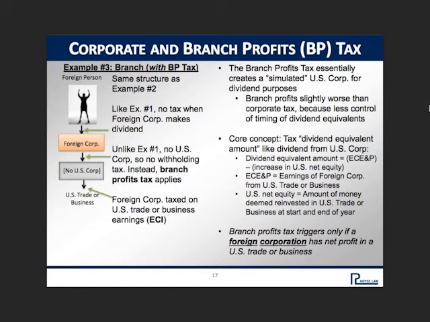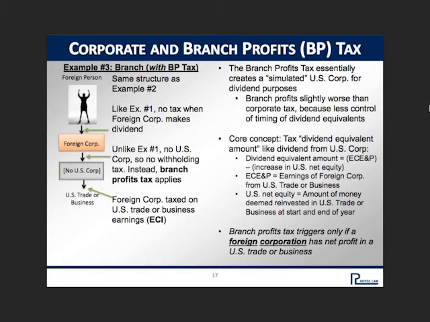Basically, the dividend equivalent amount is your tax base for the branch profits tax. It equals your effectively connected earnings and profits minus your increase in U.S. net equity. So your effectively connected E&P is going to be your earnings that are considered attributable to your U.S. trade or business. And your U.S. net equity is your amount that is deemed reinvested in the U.S. trade or business at the start and end of the year. So you're going to take the amount of reinvestment at the end of the year and subtract from that the amount of net reinvestment at the start of the year, and that's going to be altogether combined to determine your